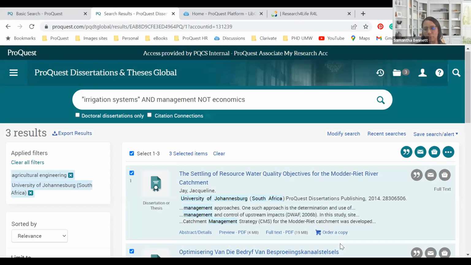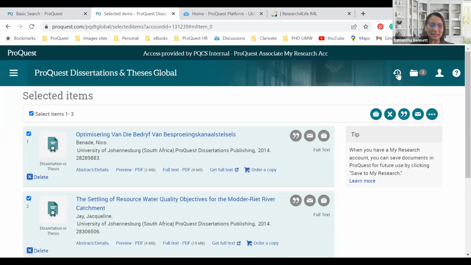So usually this is what we can do on the platform, where I can save my searches and have access to them. As a student myself, this is what I would do. When I start searching the platform, I would browse for dissertations and theses, go through the platform, but I won't necessarily go into the details. I'll add them to my selected items. And maybe I'll do a training like I'm doing now and later come back to the platform and get into the details again. So when I come back, I can click on that icon, my selected items.